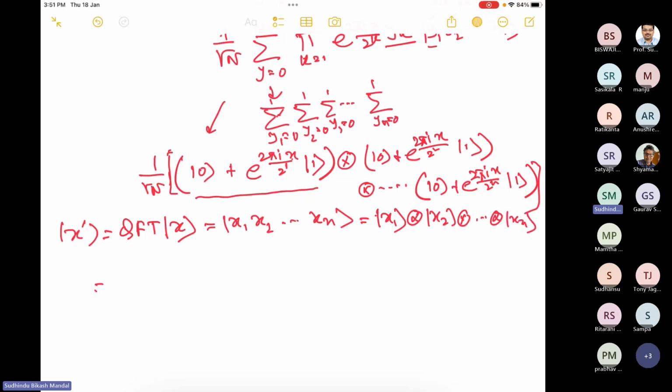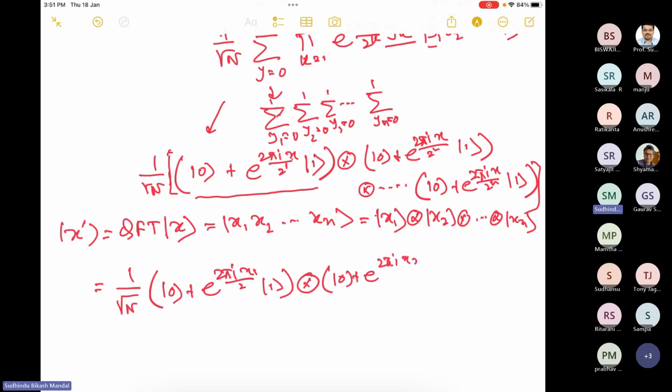And the corresponding expression is 1 by root over n, 0, pi I. This comes from x1. 1 tensor 0 plus e to the power 2 pi I x2 by 2 square 1,